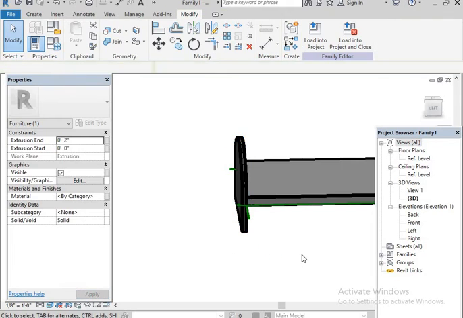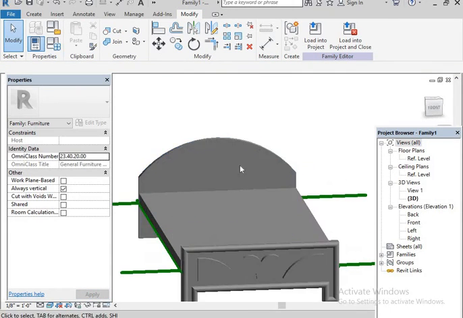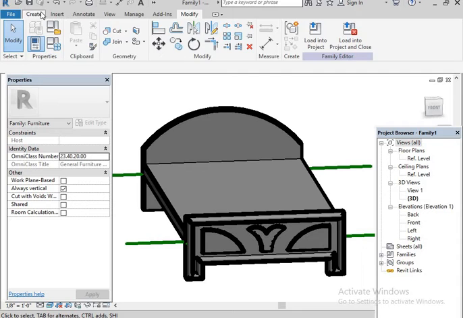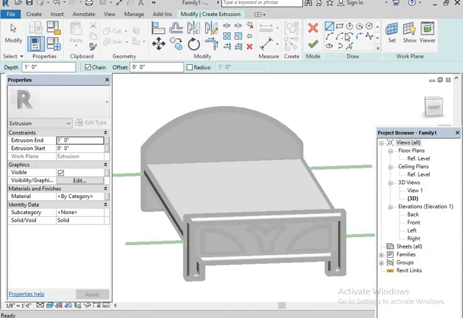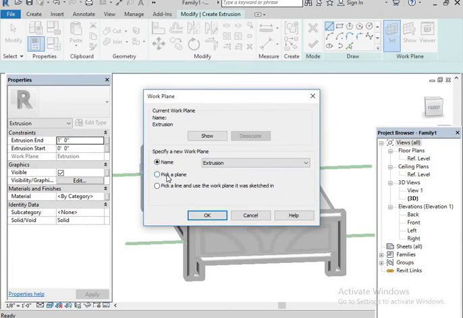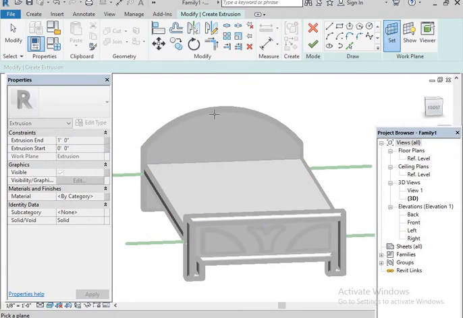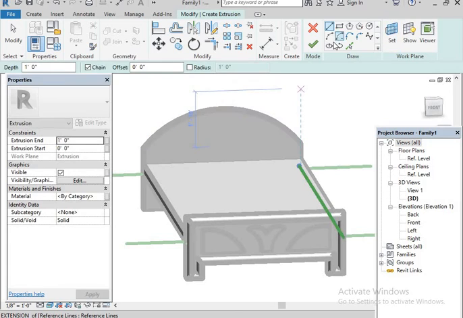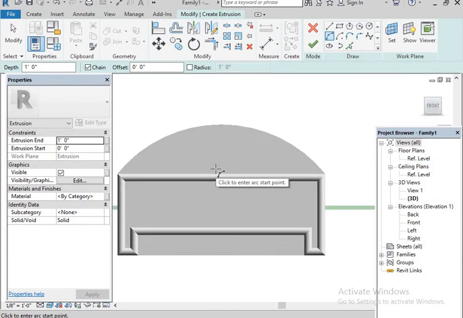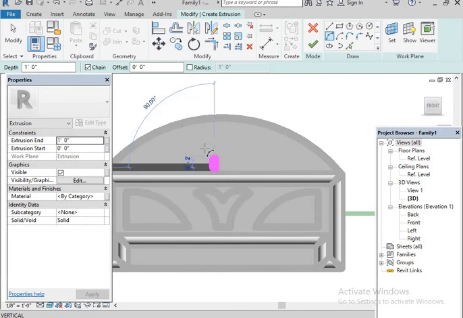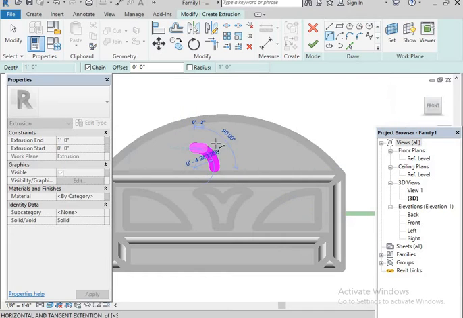Then apply. See, after that, here you need some designs, so create Extrusion, Set Work Plane, Pick a Plane. Okay, this is our plane. Here I'm just going to make one simple design. Go to the front view. Here you can make your required designs. The same thing, I'm going to draw a simple arch shape here.